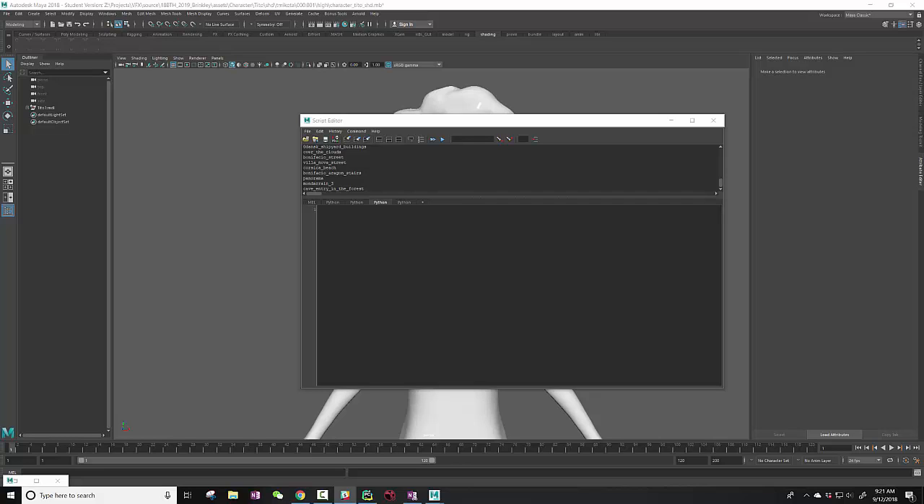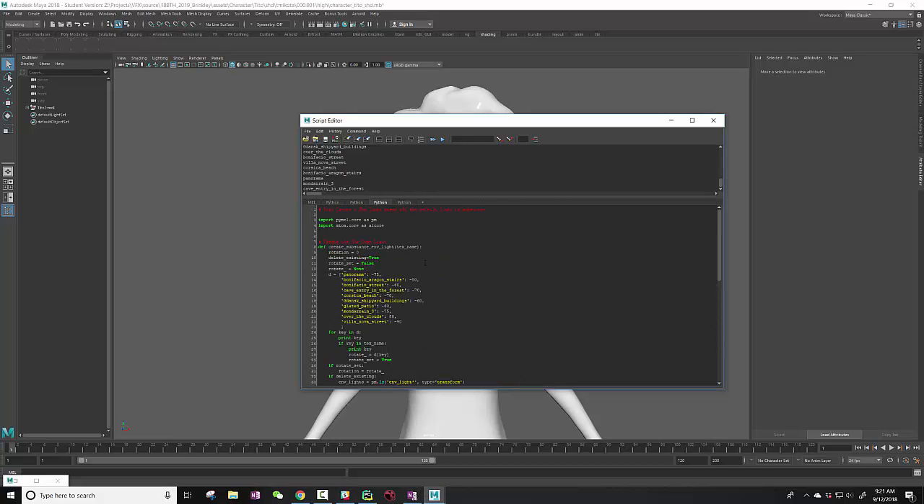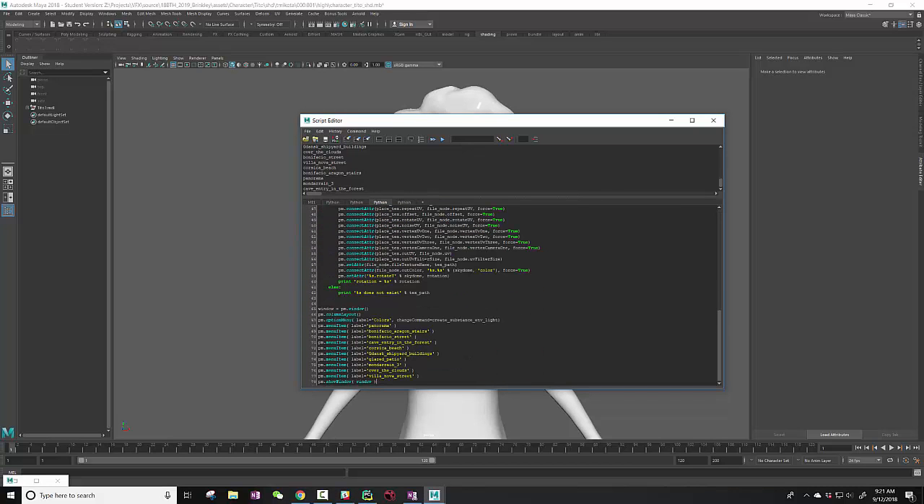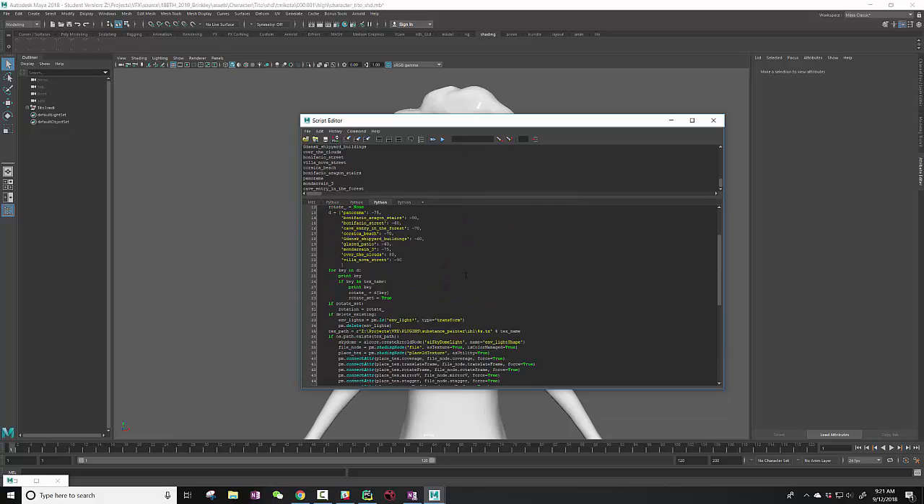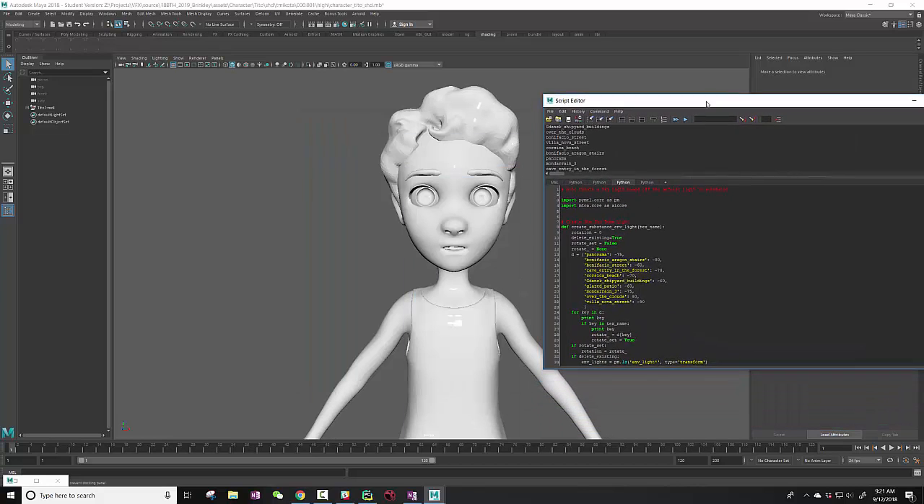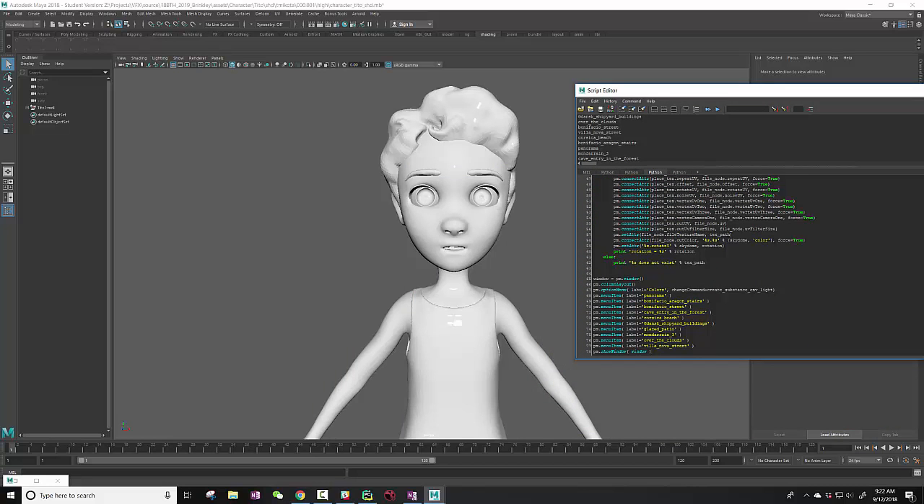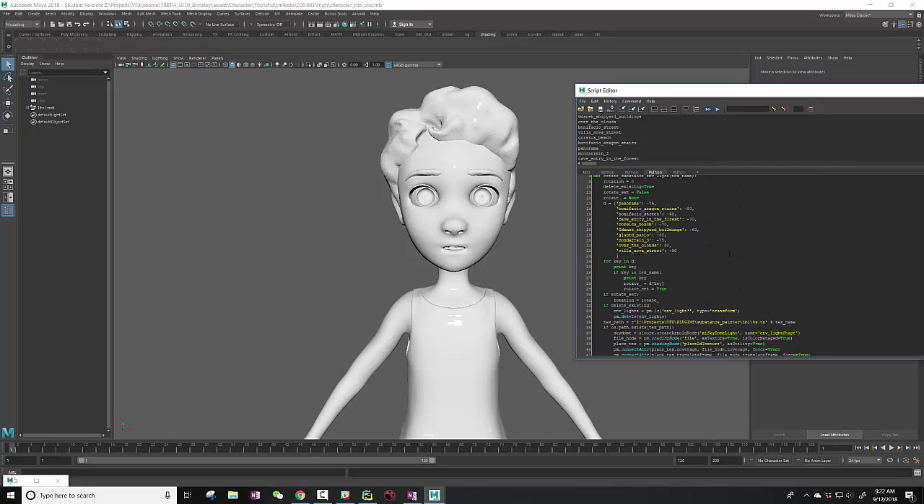So let me grab the code. This is some Python code that I whipped up. I'm going to do another tutorial on actually how I wrote this code. It's going to seem a little bit intimidating at first, but it doesn't have to be. This is a perfect example of why Python is super useful. So what we did in essence is we took